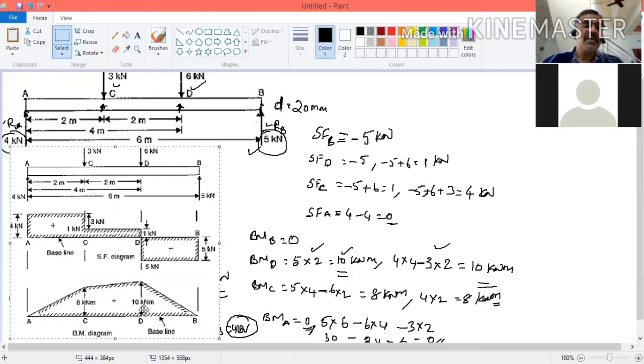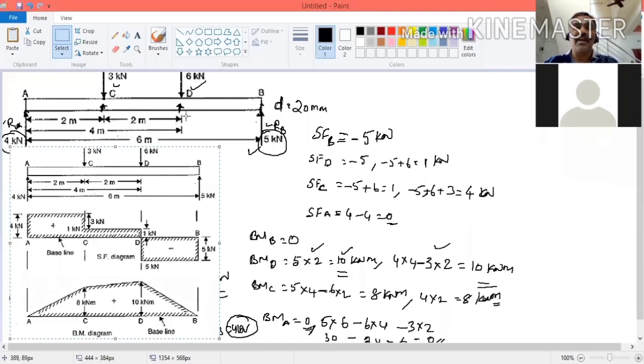For this problem, if you want to find shear stress, you have to take the maximum shear force, 5 kilonewton. Now, if you want to find the bending stress, you have to take the maximum bending moment. Which point? It is D. So according to this, point D will be subjected to maximum stress. Then, where will failure take place first? At the D point. If the stress is more than the strength, the failure will take place initially at point D. Failure will start at point D.